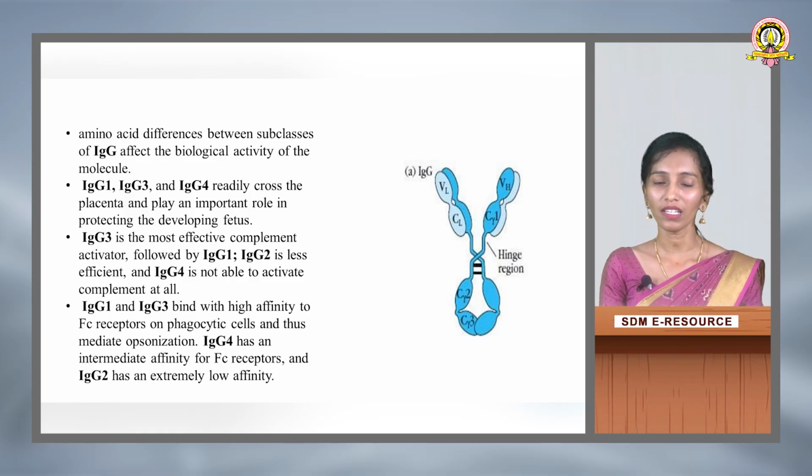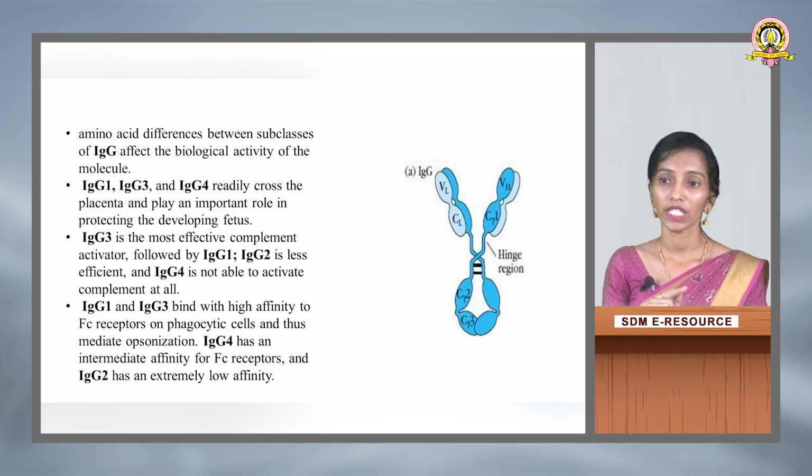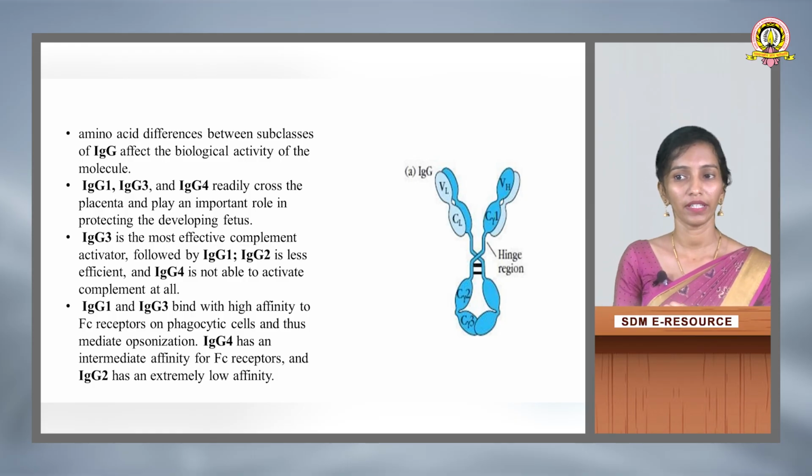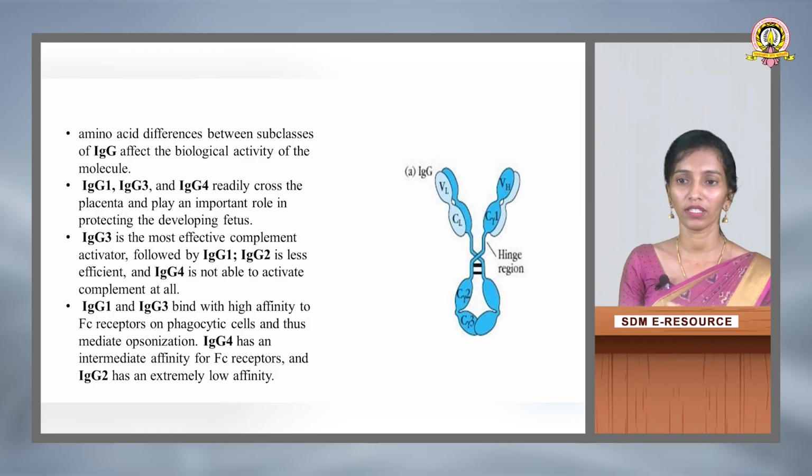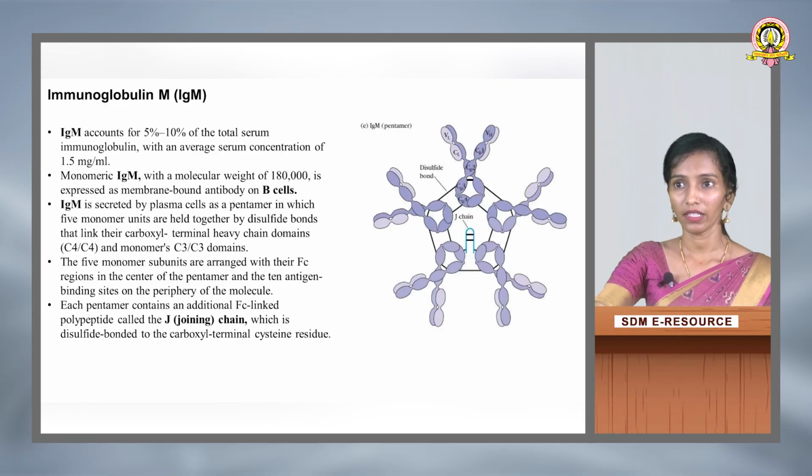IgG1 and IgG3 bind with high affinity to Fc receptors on phagocytic cells and thus mediate opsonization, whereas IgG4 has an intermediate affinity for Fc receptors and IgG2 has extremely low affinity towards the Fc receptors present on the phagocytic cells. The next class is